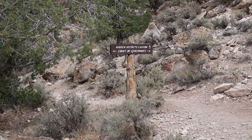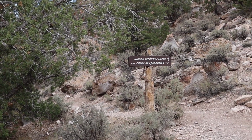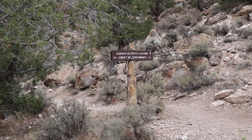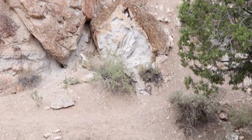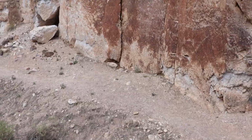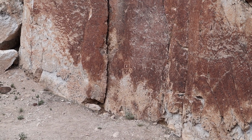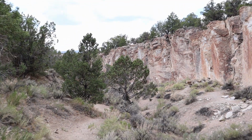We just found out that we did the Hidden Secrets Canyon and Court of Ceremonies. So this will be a little extension, I guess, but this is the Court of Ceremonies. We were supposed to go down a steep hill to get here. We went past it, so a little longer hike, but it starts you off. You'll see these number 4. I don't know what it is. I don't have any of the sheets, but here is, it looks like a cyclops with a big hole in the middle. But you just kind of work your way down this wall, down the